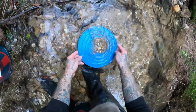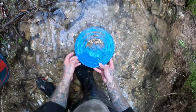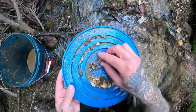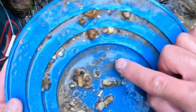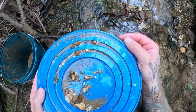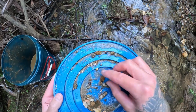All right, moment of truth. Oh yeah, yep, coarse gold once again. Lots of it for a quarter of a bucket, something like that. Heaps and heaps of pieces. Hopefully they stand out on the GoPro. I've got a really nice piece of wire gold just there. I say wire gold, it's probably a piece of gold that's just been flattened, but nonetheless,